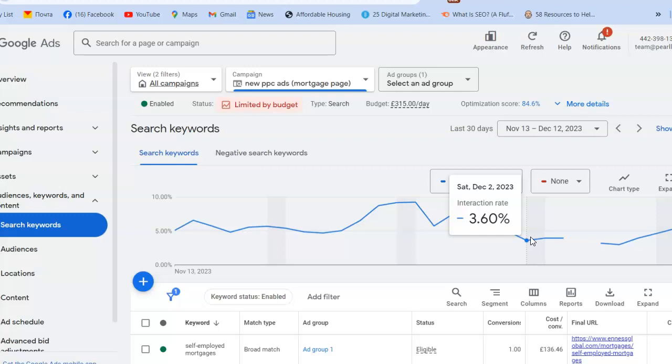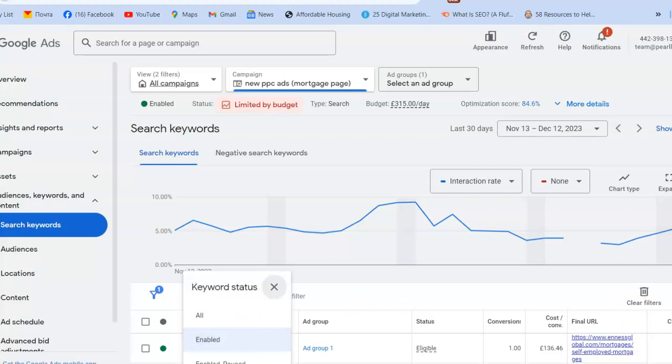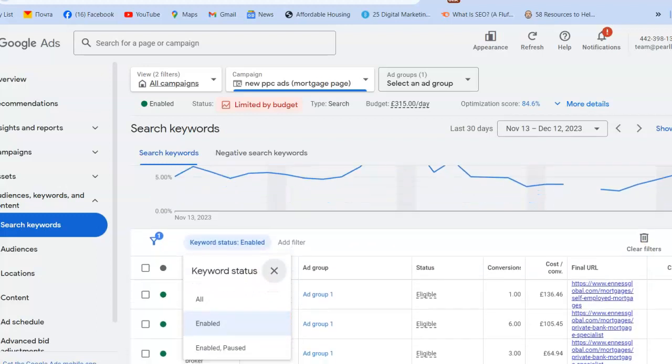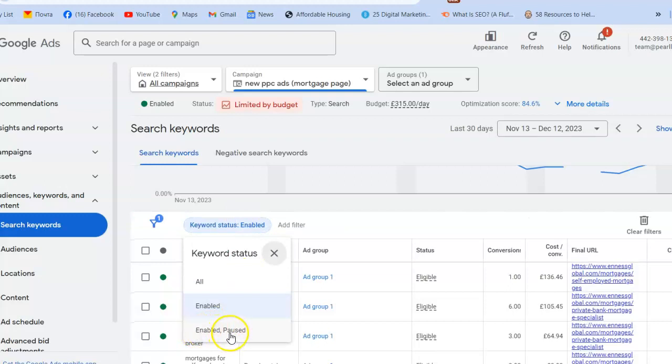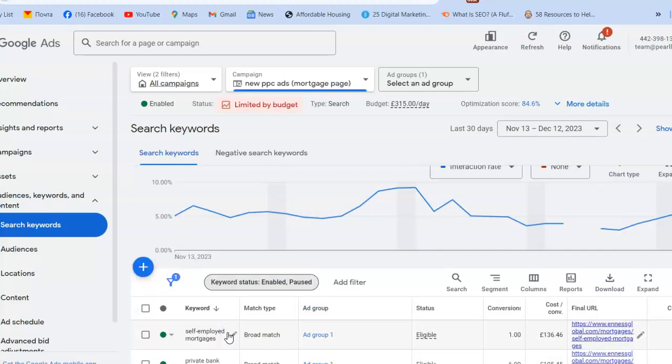So what causes that? It's pretty easy, pretty simple. This is going to be a very short video. All you need to do is just hover over here, keyword status. If you set it on enable and pause, you might find that it might just pause anytime and you won't